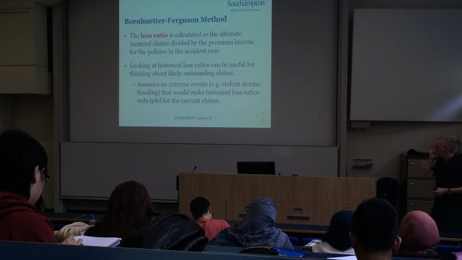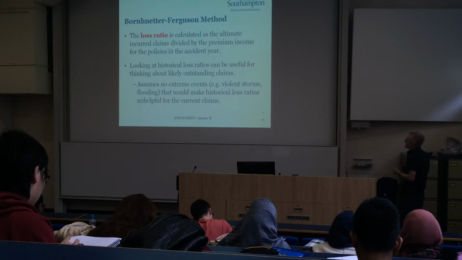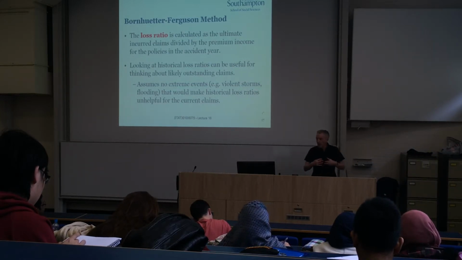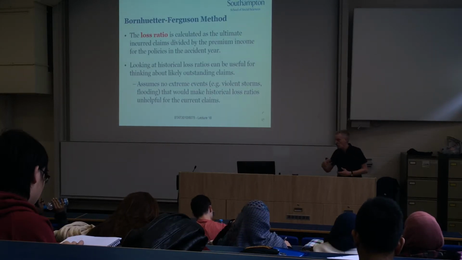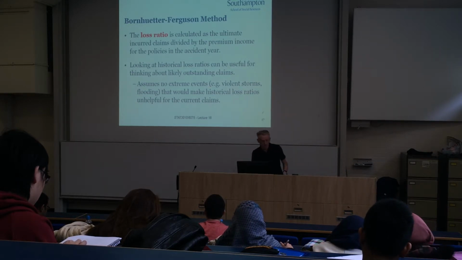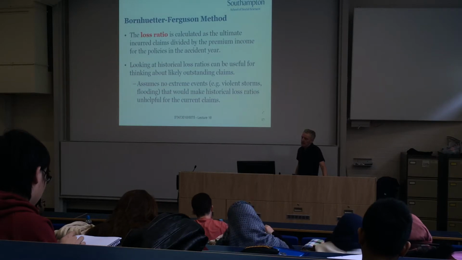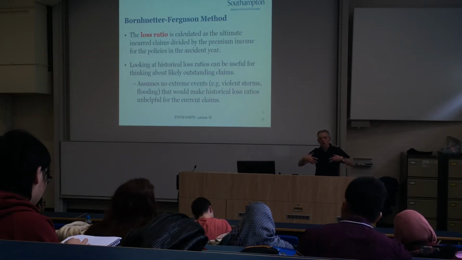Okay, well finally, a third method is something called the Bornhuetter-Ferguson method, which again is taking into account a little bit more information into your projection method. So first of all, just start off by defining something called a loss ratio, which is essentially what's called the ultimate incurred claim. So this is the total